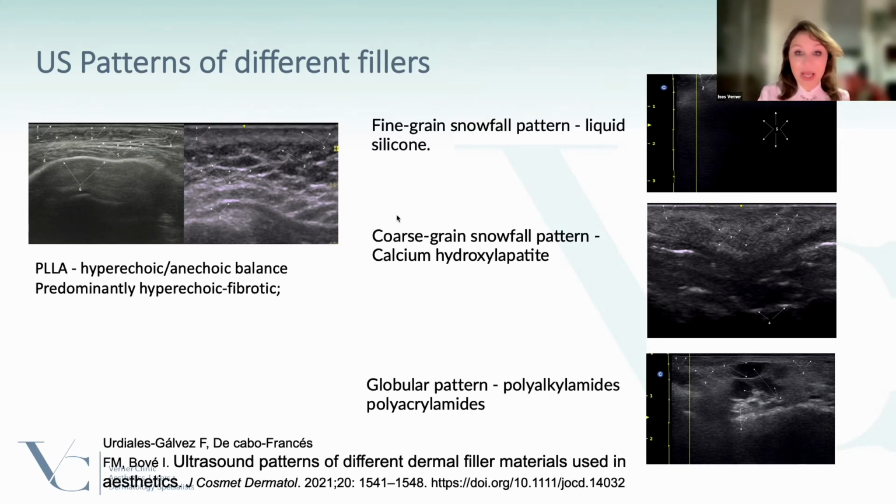is seen here. For instance, silicone. I had a patient today who had silicone in her lips, and I checked it and I saw exactly this pattern, this fine grain snow foam pattern. All the area was like fine grains. You don't actually see the tissue, and all the tissue that is under this area is kind of black, obscured. Very, very interesting. The calcium hydroxyapatite gives kind of a coarse grain snowfall pattern, as in this image here, and